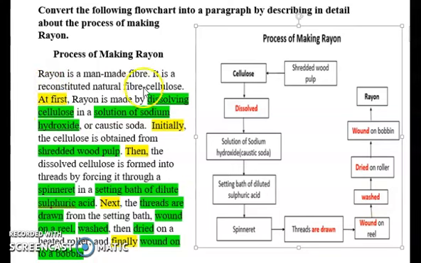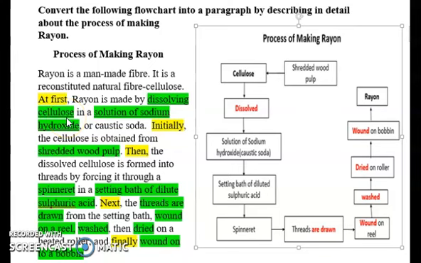I'm starting the sentence with a general idea. Instead of that, you can start by framing the usual procedure of the flow chart. Here it presents a clear idea about the process of making rayon. So that's the usual procedure of initiating a sentence. Followed by that, rayon is a constituted natural fiber, cellulose. At first, look at all the yellow colors I've highlighted; they indicate sequence words. I'm sequencing the process order.